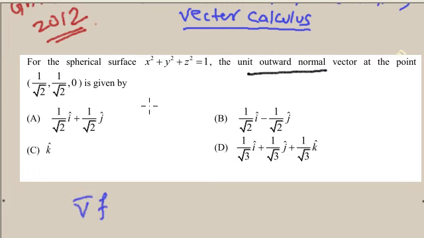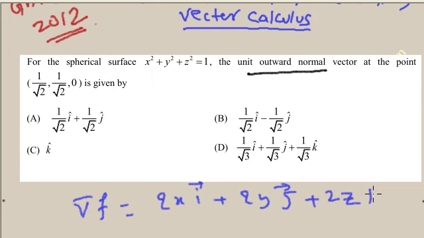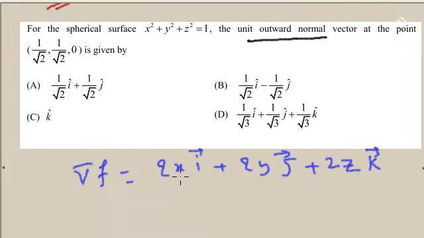So this is a function, and del f is equal to twice x i plus twice y j plus twice z k. So for the unit vector along this, first of all you put x, y and z here, which gives 2 by root 2, so root 2